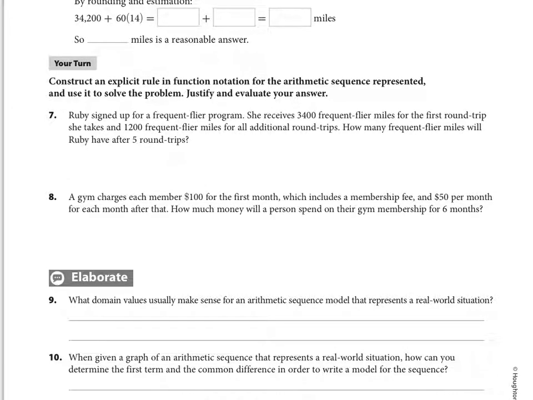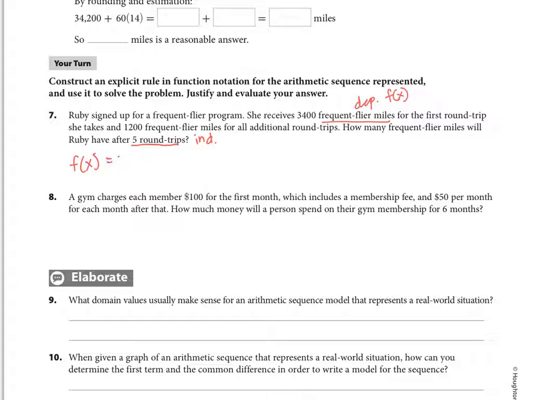So since we have to write an explicit rule, we want to identify again the first term and then our common difference. It says after 5 round trips. Round trips is going to be our independent variable because the number of frequent flyer miles is going to represent our dependent variable. It depends on the number of round trips. So for my dependent variable, we can just use f of x, or f of n, it doesn't really matter. But I'm going to do f of x equals,